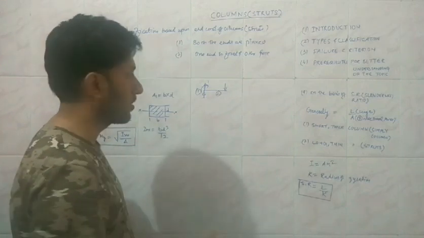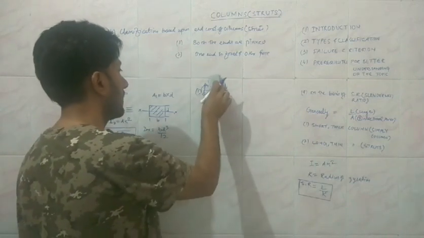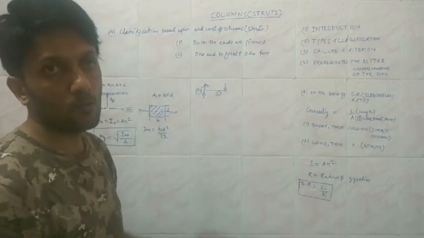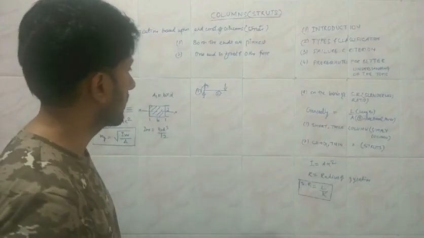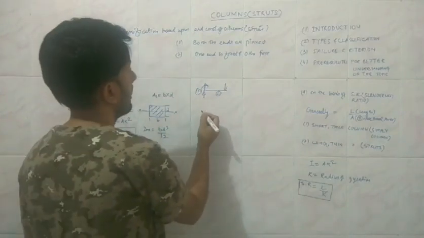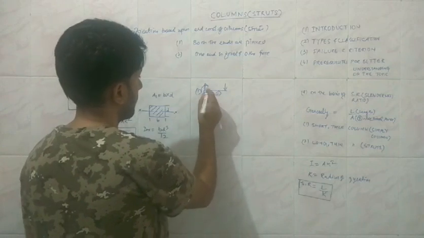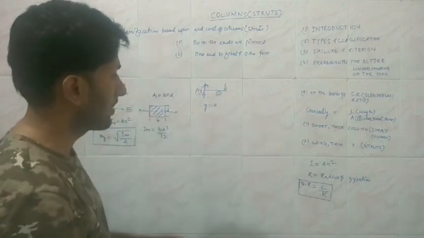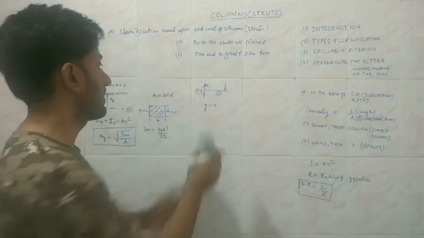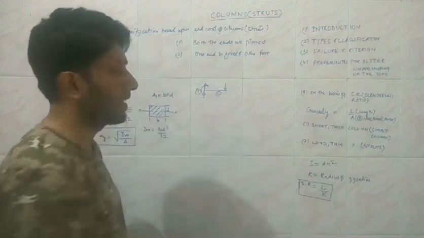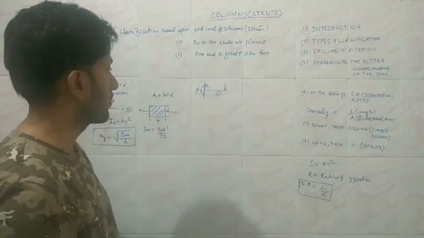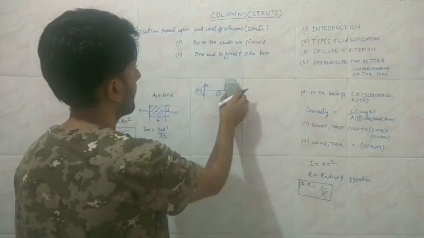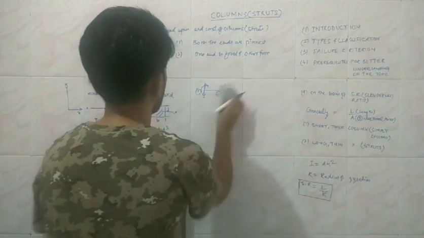If there is no load, obviously the moment is not going to be there and it will be equal to 0. But resistance is going to be there for the moment, because the joint is rigid. And the second important thing is that at this point the deflection is going to be 0; we will define deflection later on and see what the slope is over here. So this is the condition when one end is fixed and the other end is free.